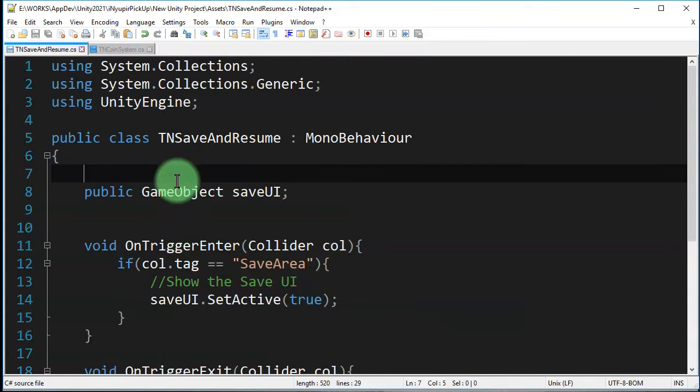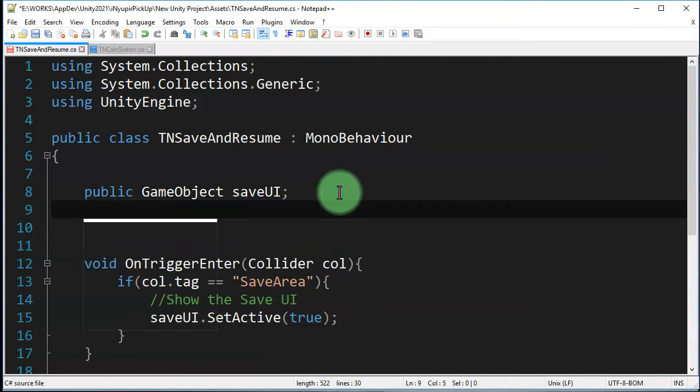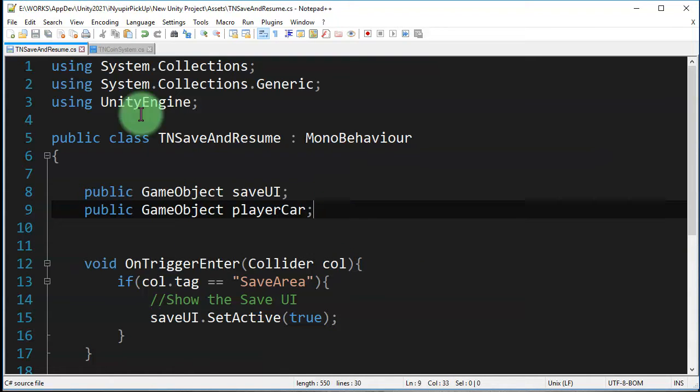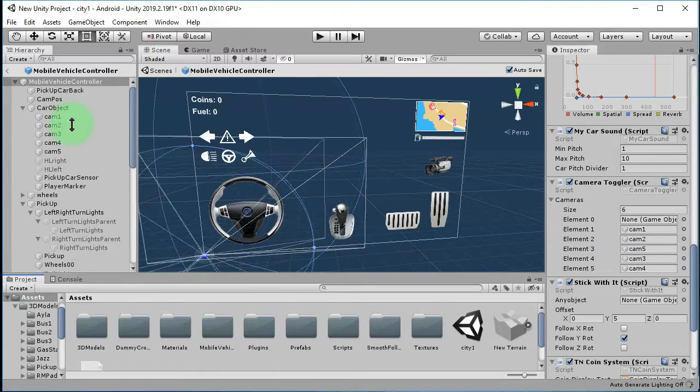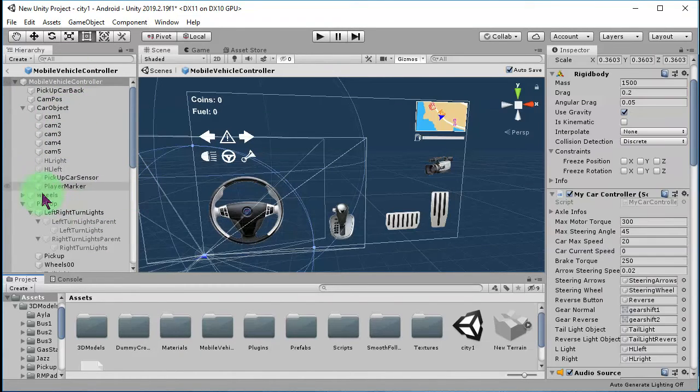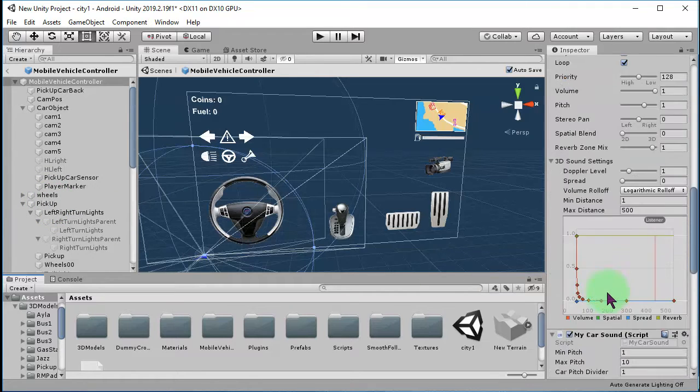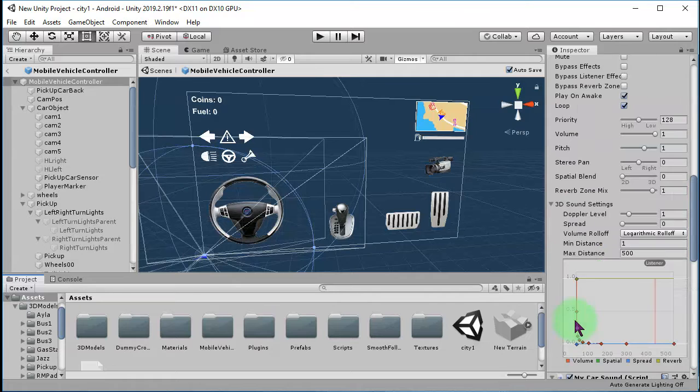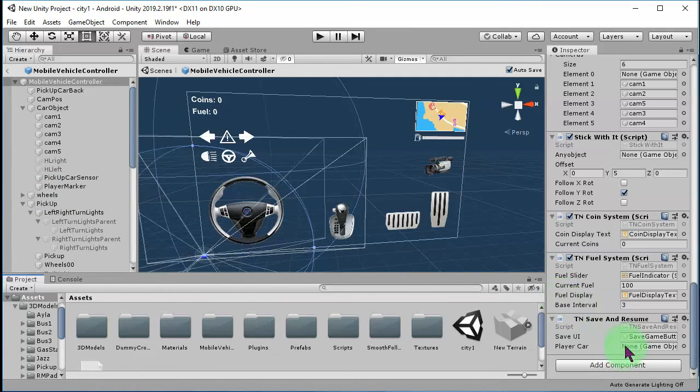So here I will make another public game object variable I call player car, and here inside the game, we need to drag and drop the player object. This is the car object. Pick up. I will drag and drop it to this slot this way. Okay, and here,